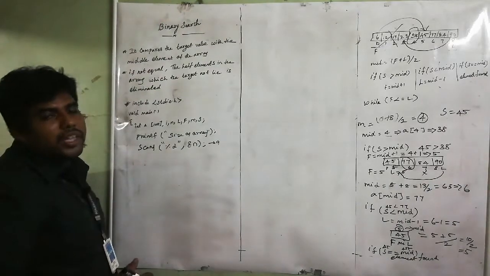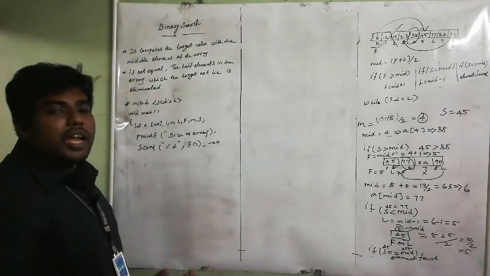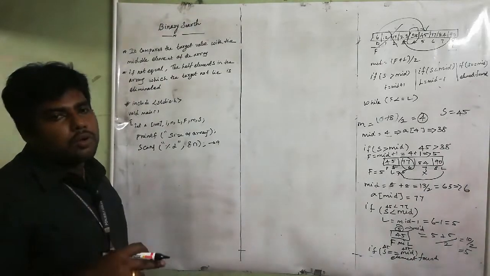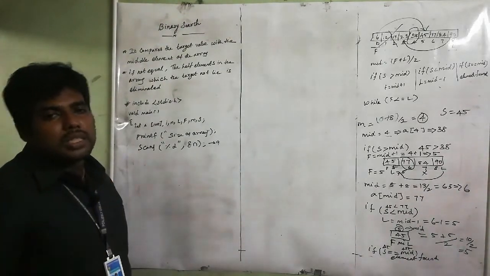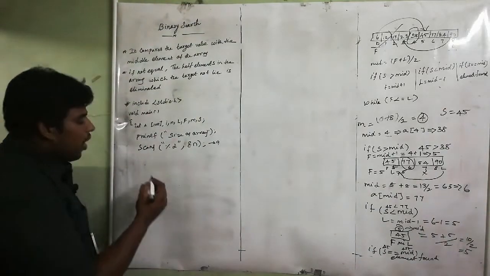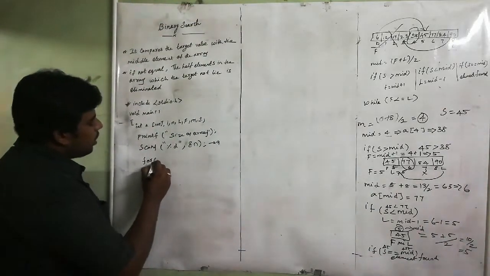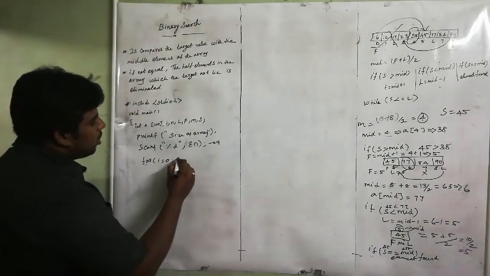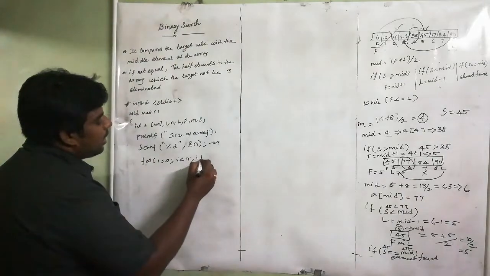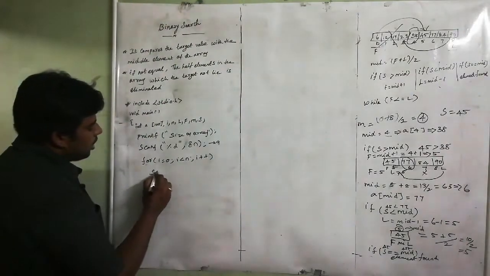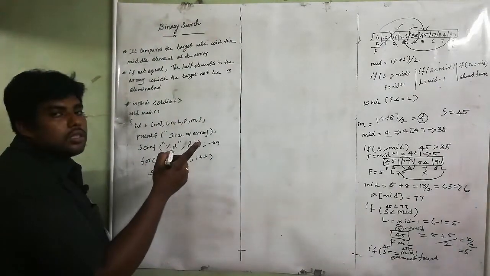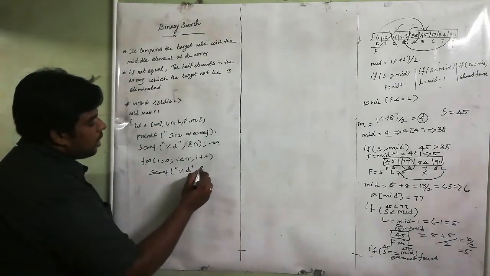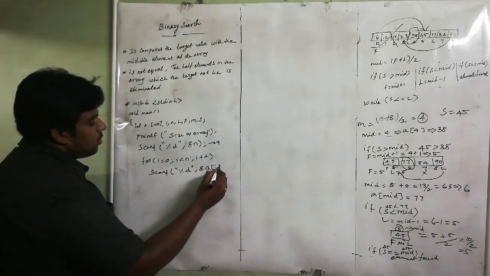Now I want to get the input for the array. For an array I can't give the inputs at a time; one by one only I have to give. So I would have to use many scanf. Instead of that I am going for a for loop. For i equal to 0, starting index 0, i less than n, i plus plus. Inside I am getting the input for the array. Scanf %d, comma, address of a of i.